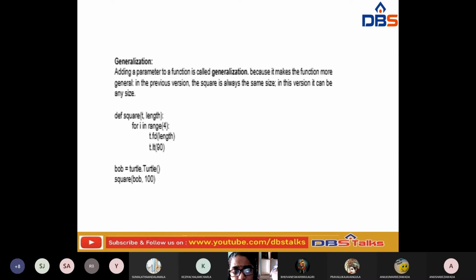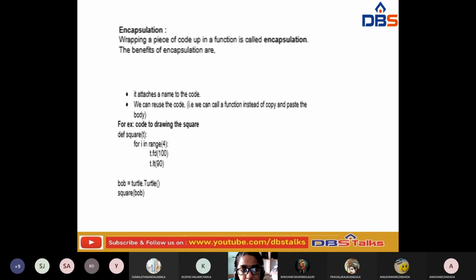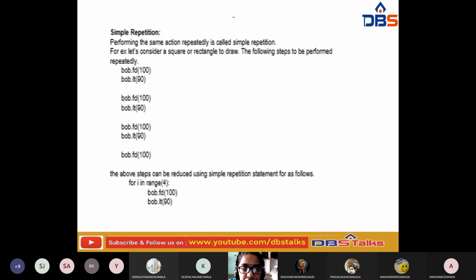In the previous example we have seen the square of the same size. Now let us see how we create a square of different size. If you have observed this code, here we have mentioned the size, but we need not mention the size here. According to my wish, the size has to vary.